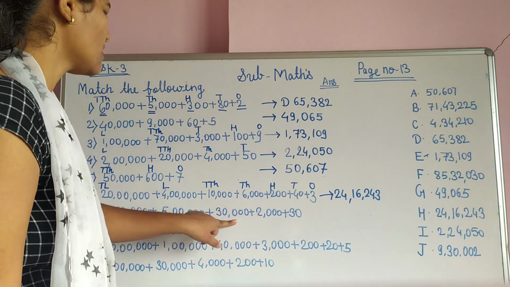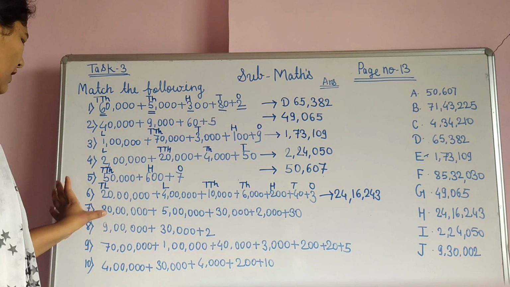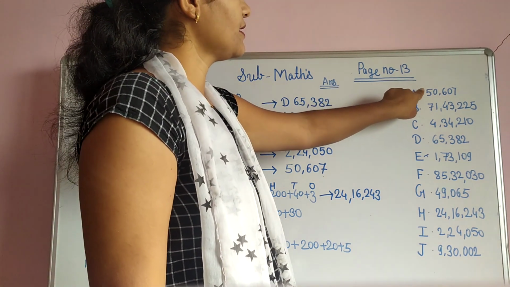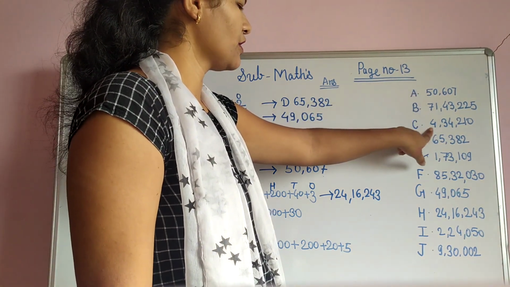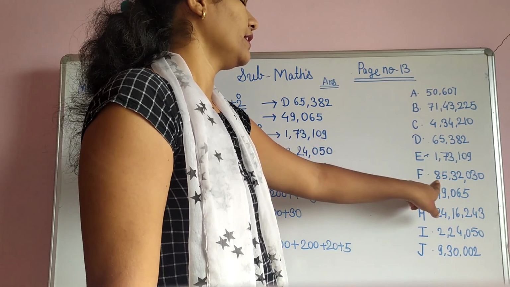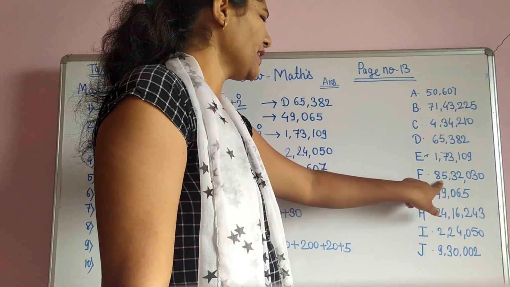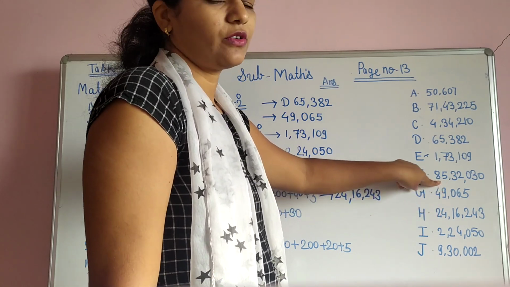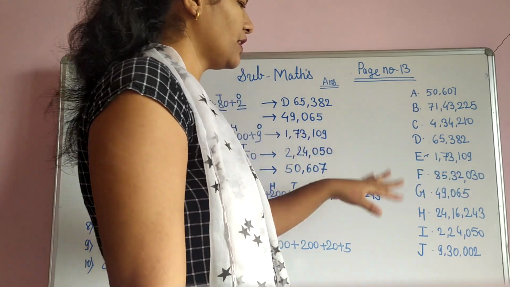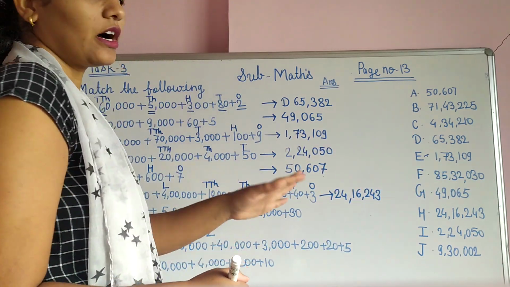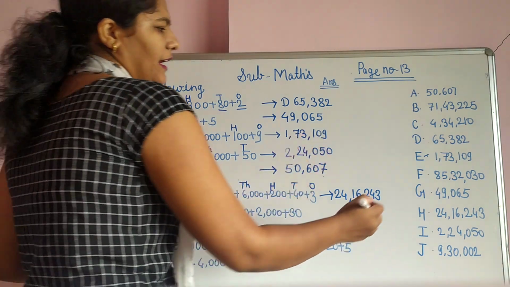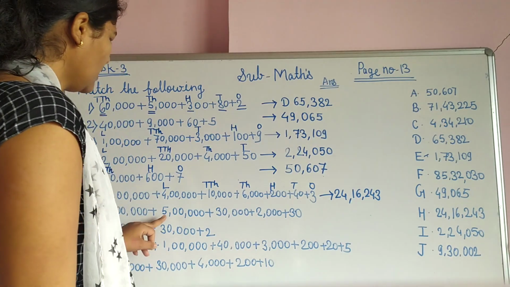So we will check this. We want 8 on a 10 lakh place. Here 8 is there? No. Here no. Here also no. Yes, it is there. 8 is on which place? 10 lakh place. Students, don't see only the first digit and match it. After that maybe there is another number, so we can check other digits also. First we check that it is on a 10 lakh place. Is it correct? Then we see the next one.